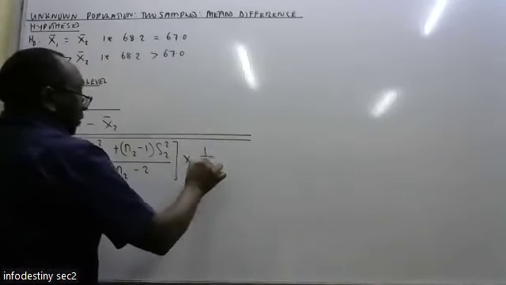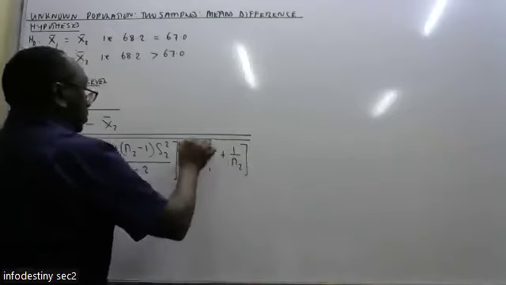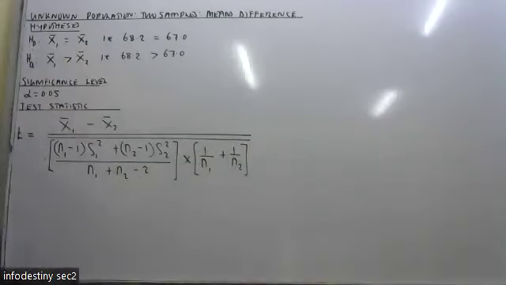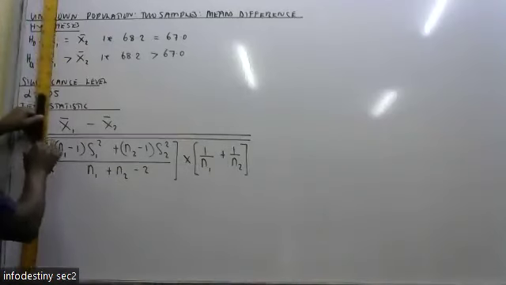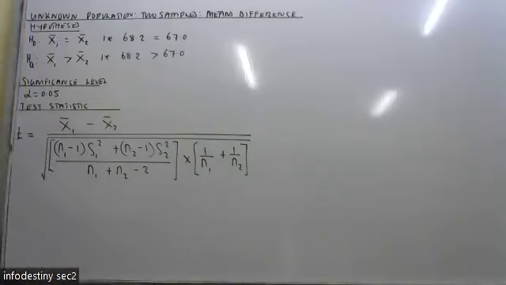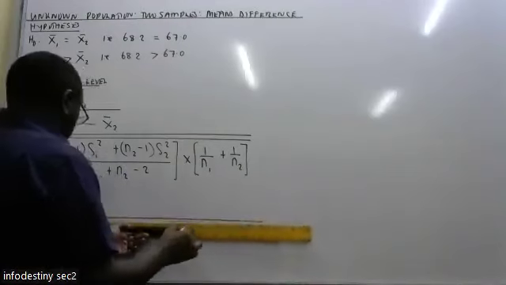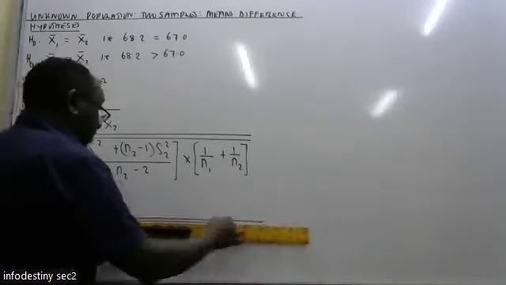Times 1 out of n1 plus 1 out of n2. Square root. A good one, eh? So T calculated is 68.2 minus 67. Divide